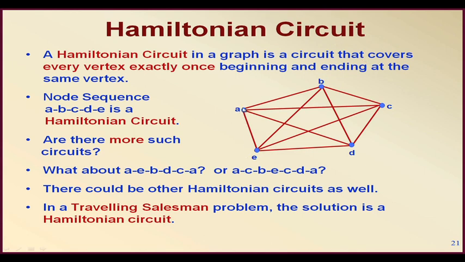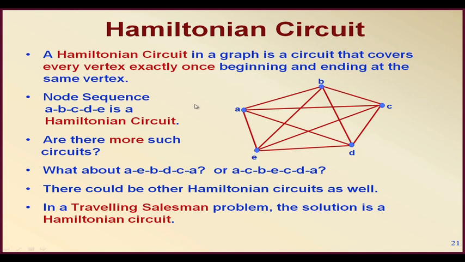So, maybe you can go from A to B, then C, then D, then E, and then come back to A, right. So, assume these are all the possible path sequences. So, A, B, C, D, E is a Hamiltonian circuit. Now, are there more circuits? In fact, you may find there are hundreds of such circuits, right, that you can also take AC,